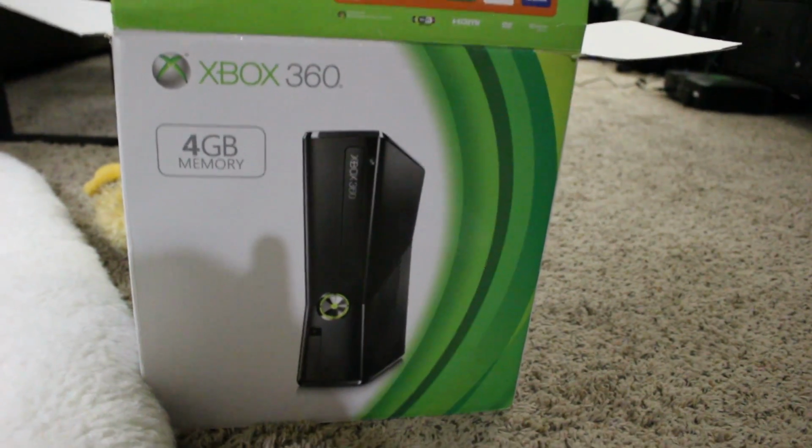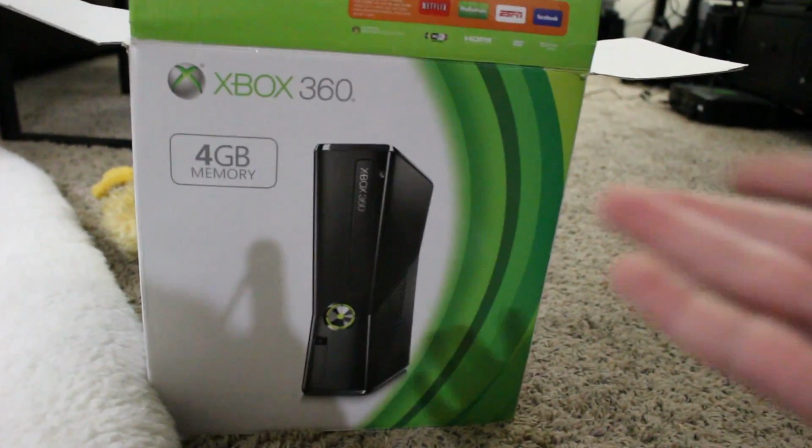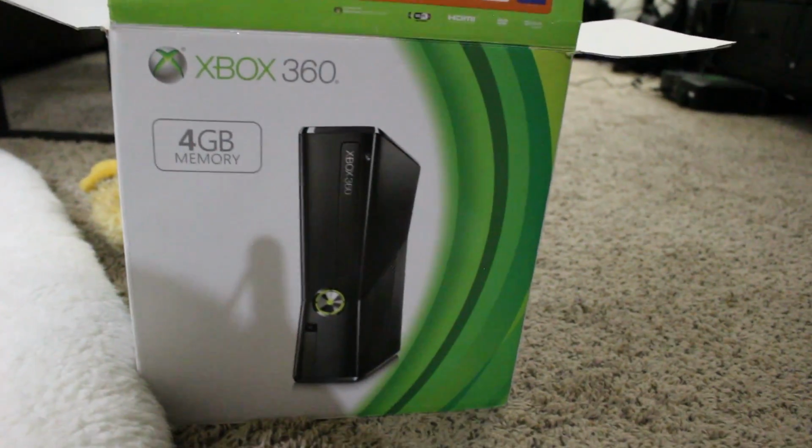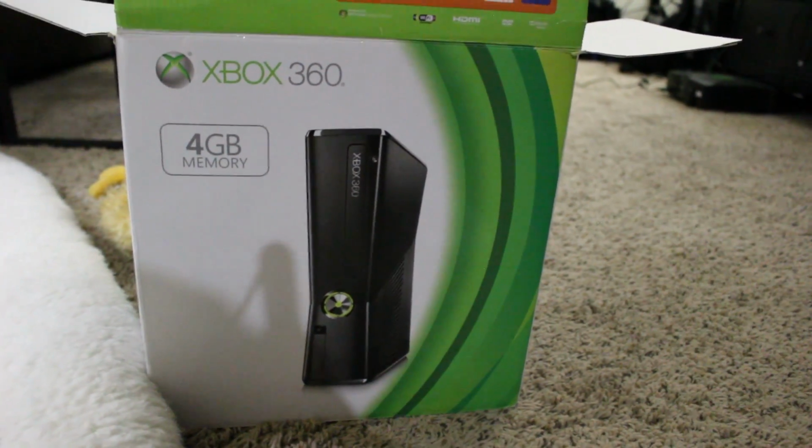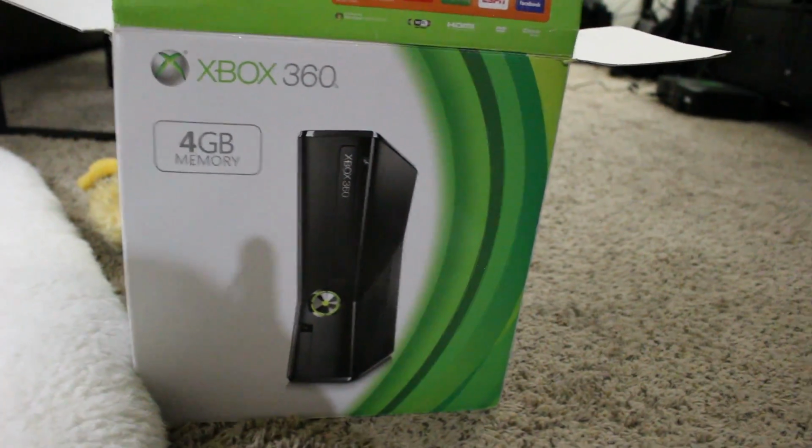So it would have been $29. It was $29 because I paid for it. But I was saying, you know what? For a Slim, that's going to be a pretty good price. So awesome, I'll probably pick it up. Now, I asked to see it, and when I saw it, I looked inside the box, and